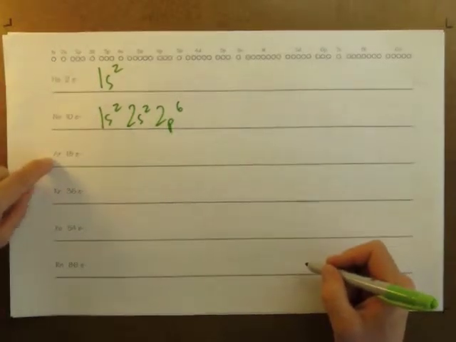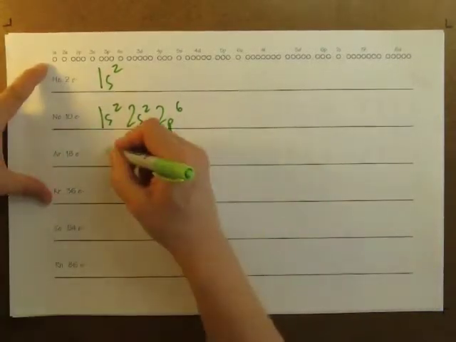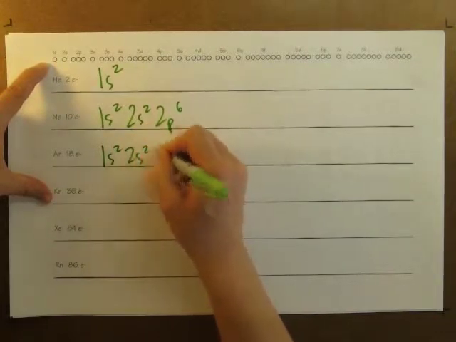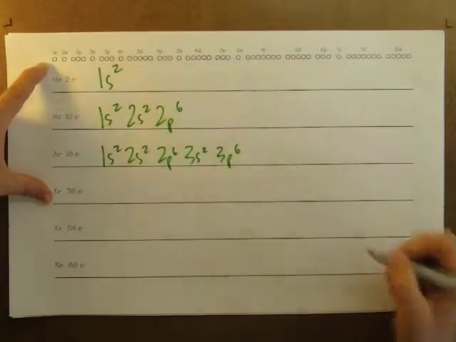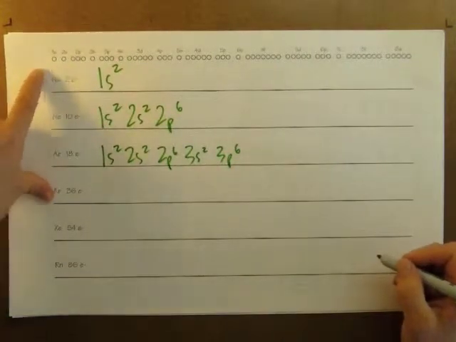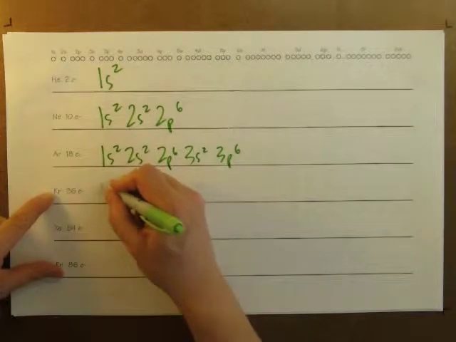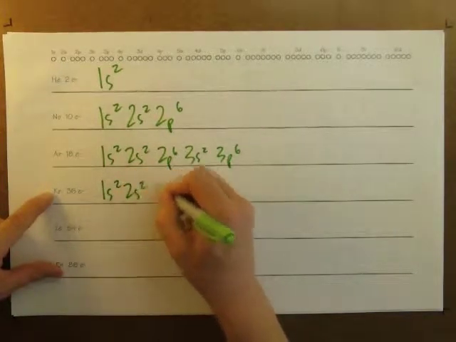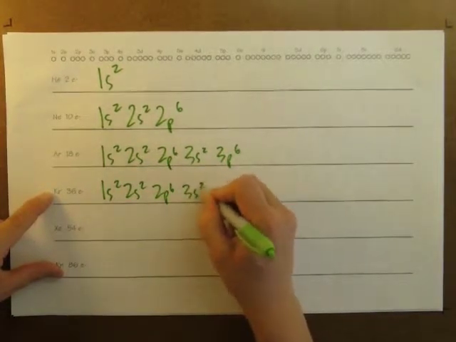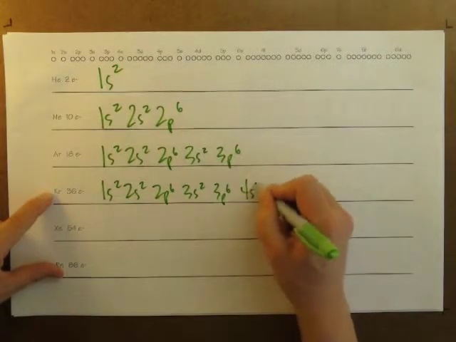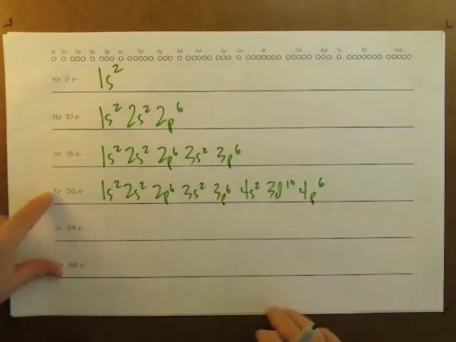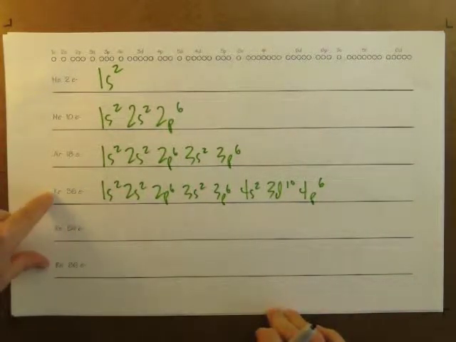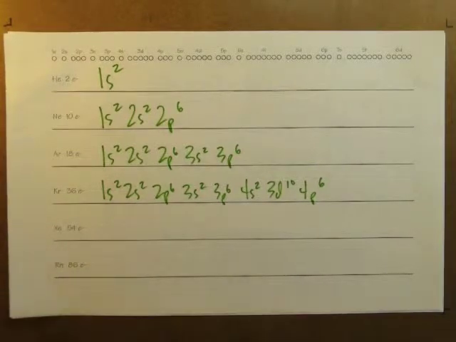For argon, we have 18 electrons, so we'll fill out 18 electrons: 1s2, 2s2, 2p6, 3s2, 3p6. That's the 18 electrons for argon. Krypton, with 36 electrons: 1s2, 2s2, 2p6, 3s2, 3p6, 4s2, 3d10, 4p6. That should be 36 electrons. Now we're not going to do xenon and radon just yet, but first I want to establish that there's a